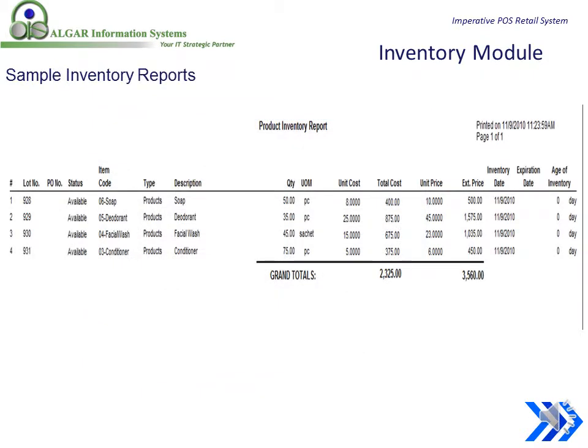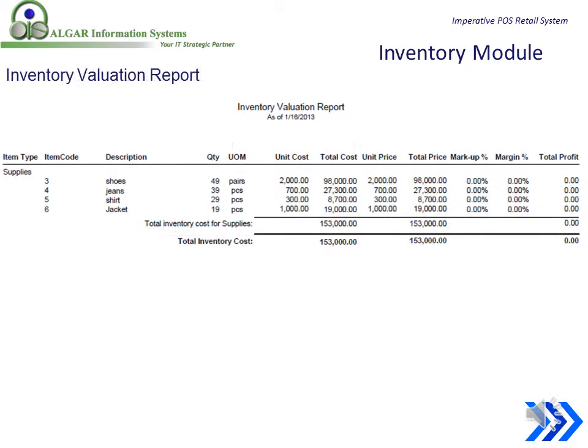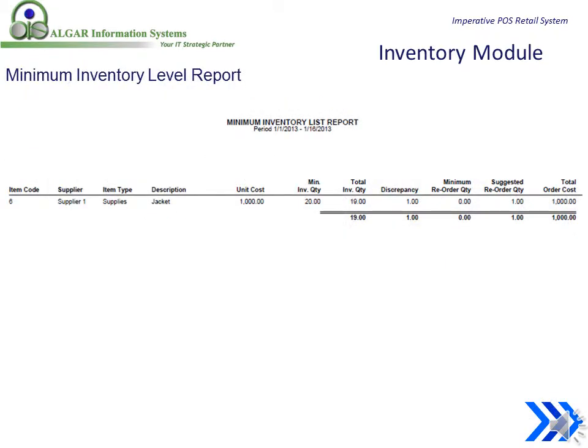You can generate various reports to monitor your inventory. Most reports can be filtered based on the items that you want to see. It can also be sorted in different ways. This report will show your markup and margin percentages for each item in your inventory. This report will show which items are below your minimum stock levels, and also suggests the quantity that you need